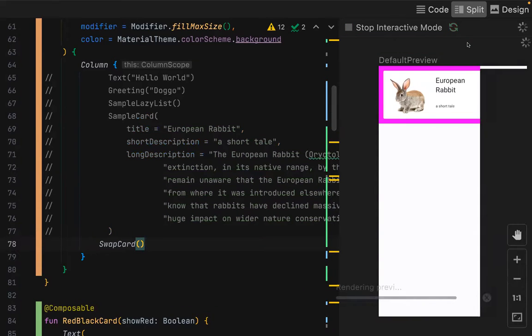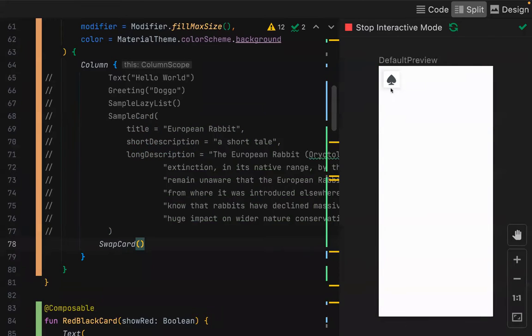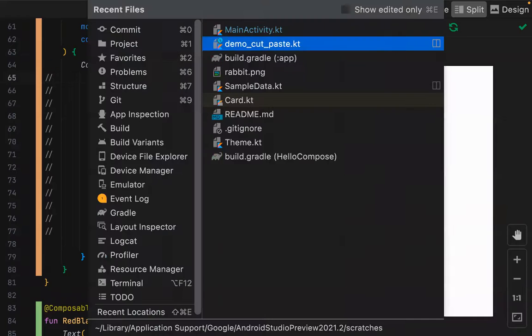How are we doing for time? Half an hour. Okay, so here you can see a little card. It's not full max width. If you tap it, it shows you the other one. So again, we've got events and we've got state changing, and we've got the composer tracking the state and deciding to redraw. And now just to show you how easy it is to add some animations,